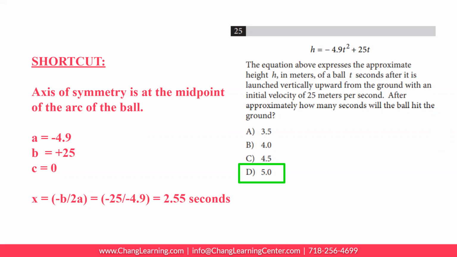Well, notice that it's a parabola, so we know that at time 0, when the ball is launched, if we plug in 0, the height is 0. So that's the starting point. The axis will be the half-time point, and then it'll be back at 0 one more time as the ball falls back to the earth. So use the a, b, and c values with the axis of symmetry formula. Negative b over 2a will be negative 25 divided by